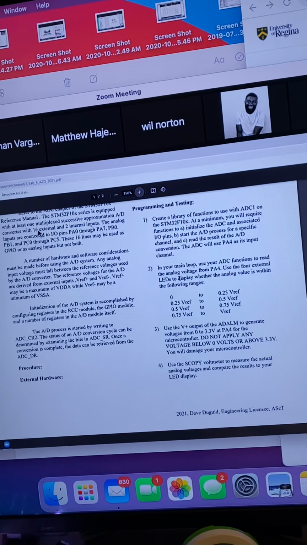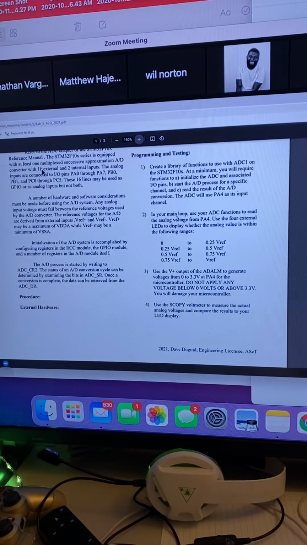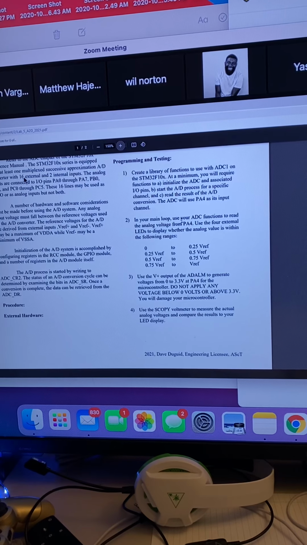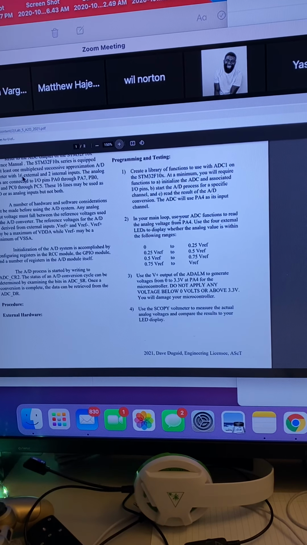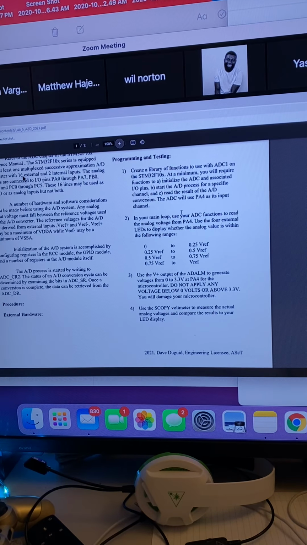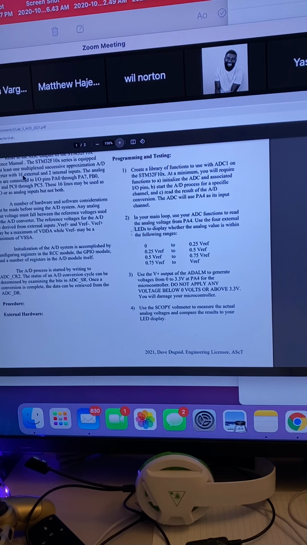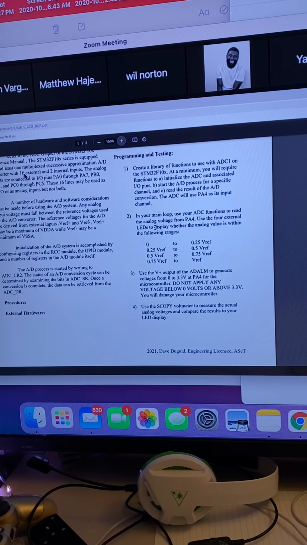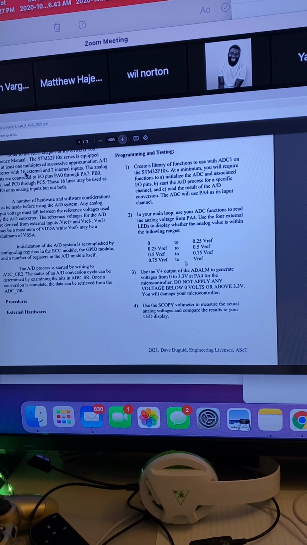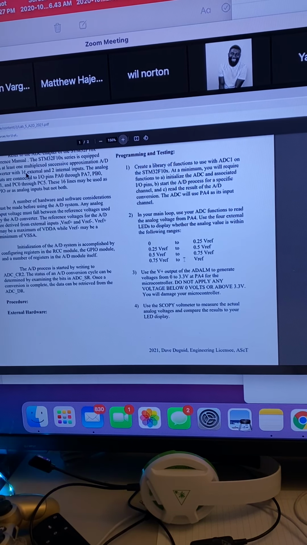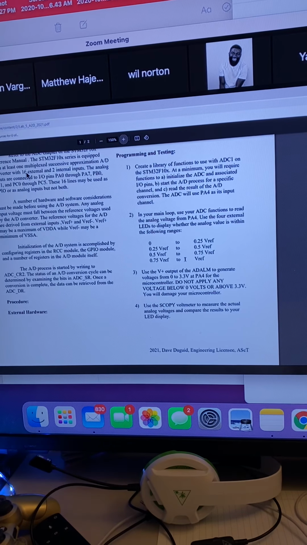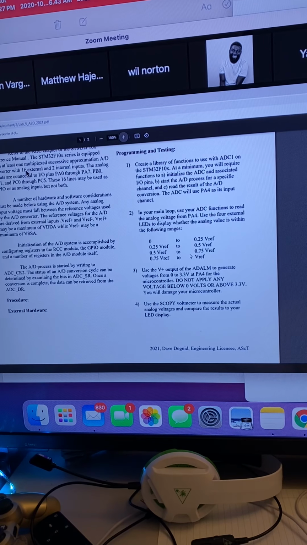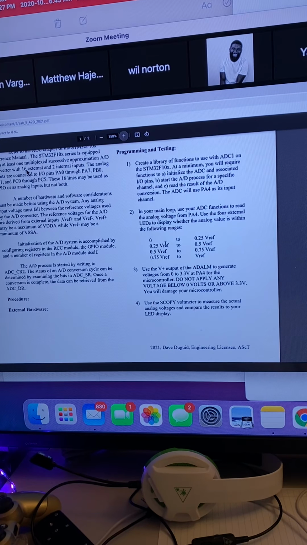So that's the initialization and the function you're going to call. So you're going to call that function from inside your main loop. Call it, get a digital value equivalent to the voltage that's currently on PA4. So it could be any voltage between 0 and 3.3 volts. And then use those 4 LEDs that you have hooked up to display whether the analog voltage you're reading falls within one of 4 ranges. So you're going to get a value. You're going to have to do some comparison on that value, some analysis of what is the number. And based on that number, you'll turn on